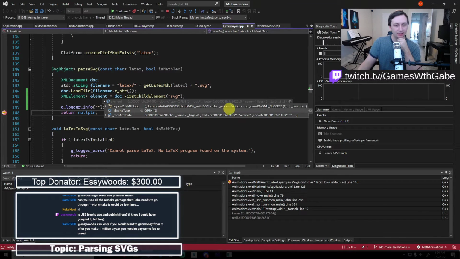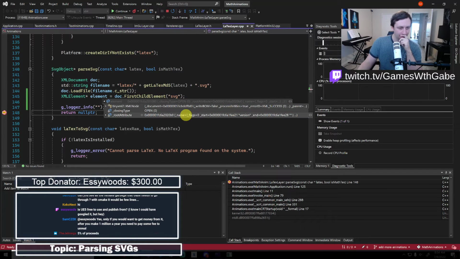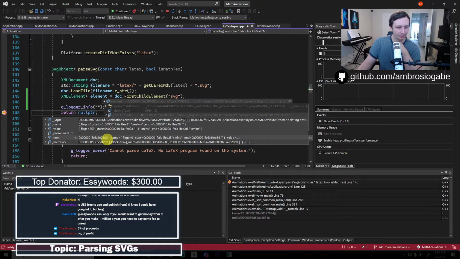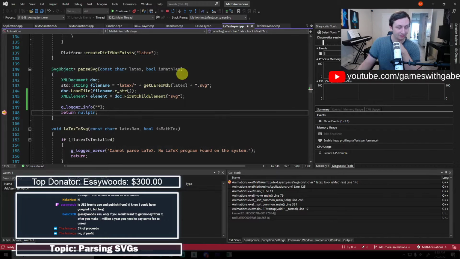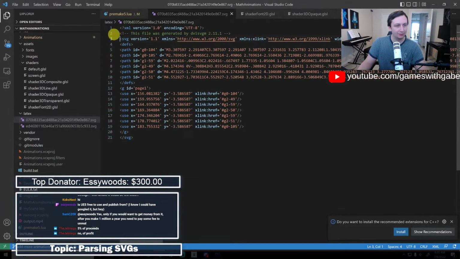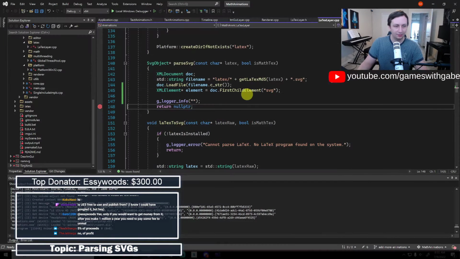Okay, so we get tiny XML node. I want to see if they give us, okay, cool, yeah. So root attribute has, it looks like, the different attributes. So it has version, cool. It has 1.1, which is the value. So that's basically what I was looking for. So it does give us this stuff. So let's see if we can access that.